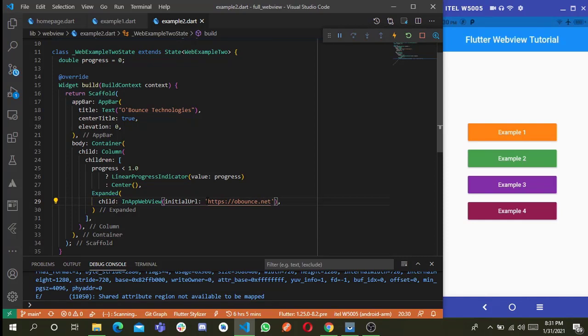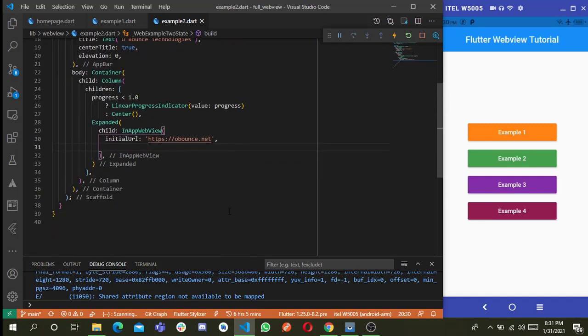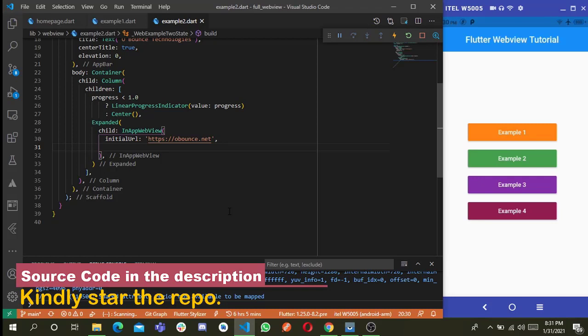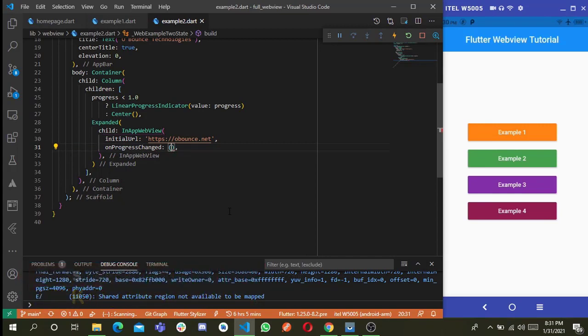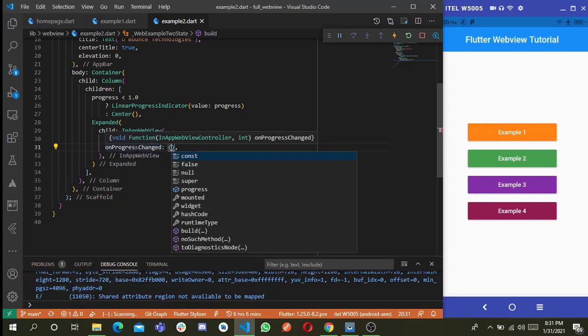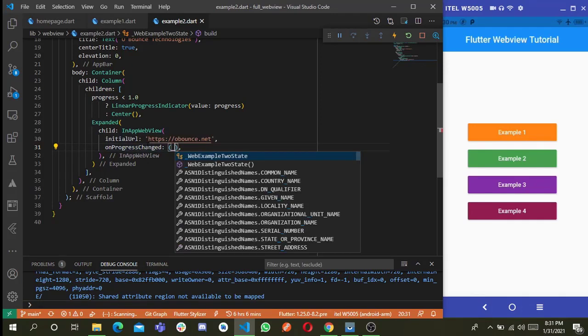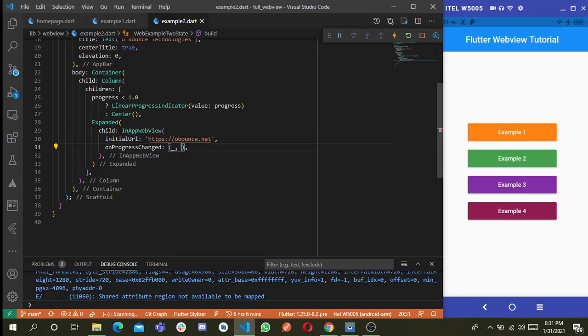Then after that, to show the loading, we are going to use another property inside of this in-app WebView called onProgressChange. onProgressChange accepts an InAppWebViewController and an integer. So you can just do it like this, and we can call it load, and return the progress. We're going to set the state